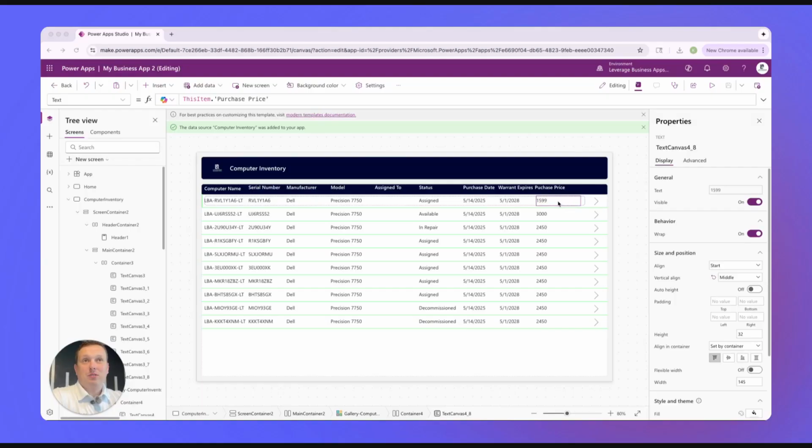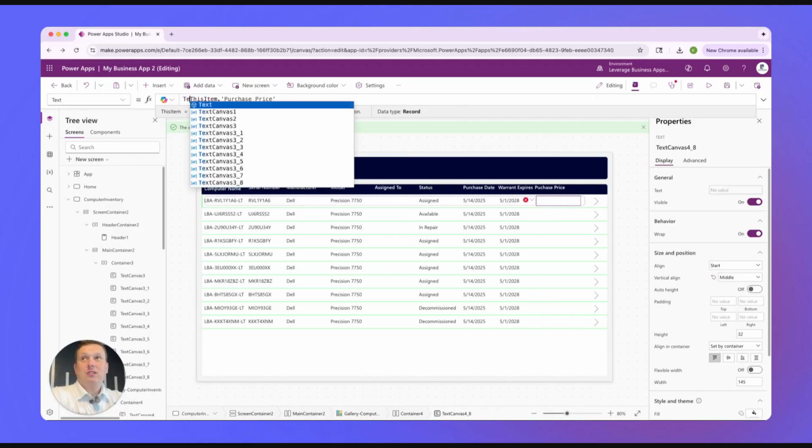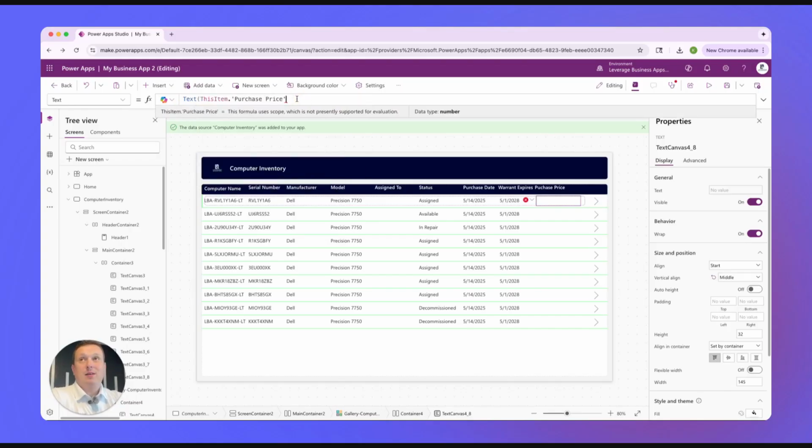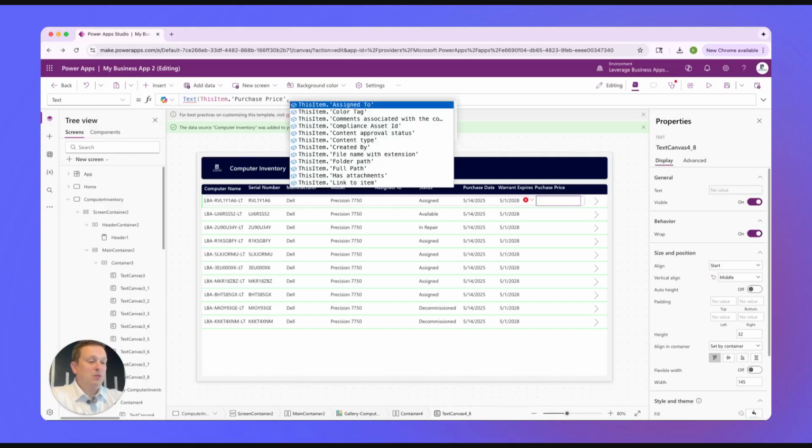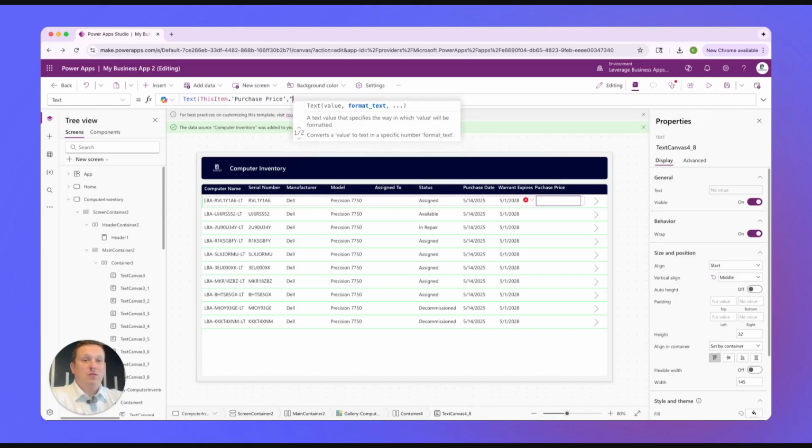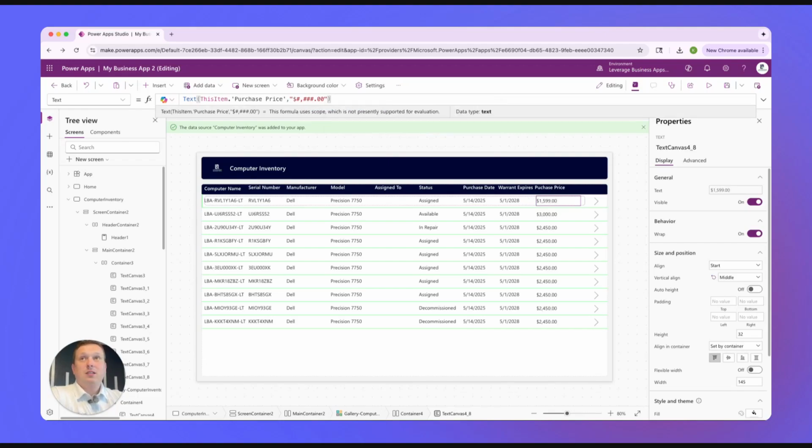So if we click on the purchase price, where it's actually pulling the data, we see it's this item and purchase price. We're going to use the text function to change how this looks. So we're going to start the function with text. We still want the same data coming in, this item and the purchase price, but we just want to change how it's formatted. So instead we're going to format it, and we're going to say we want to format it like this. Dollars, number sign, number sign, number sign, number sign dot 00, in the quotes, close the bracket, and